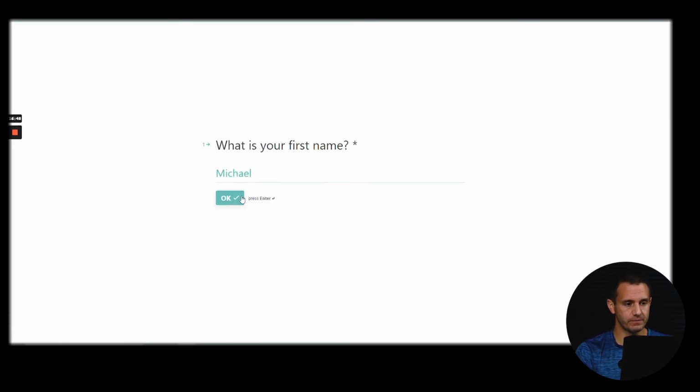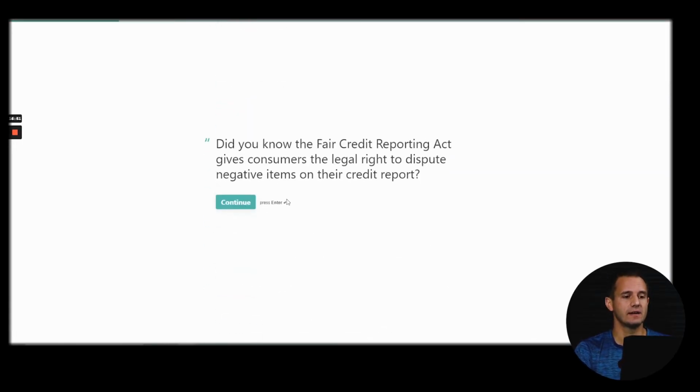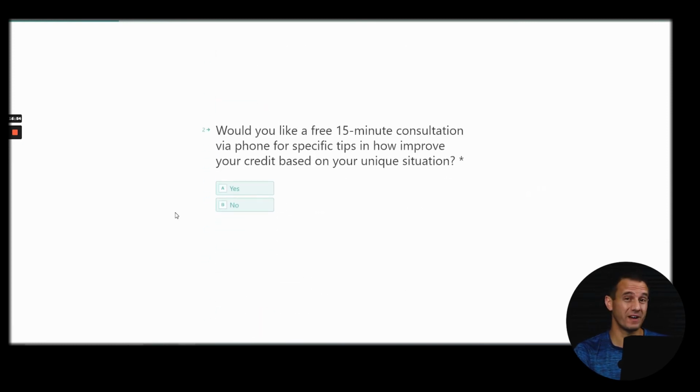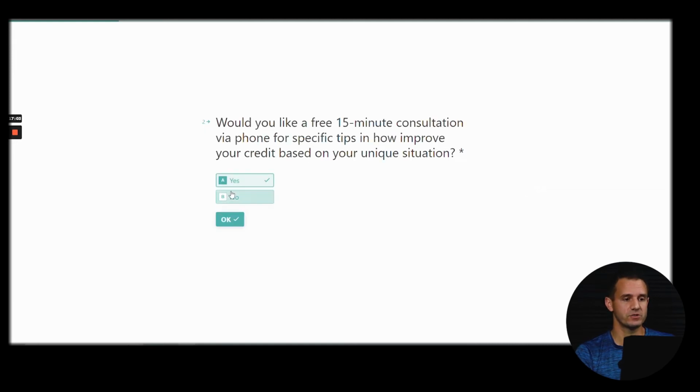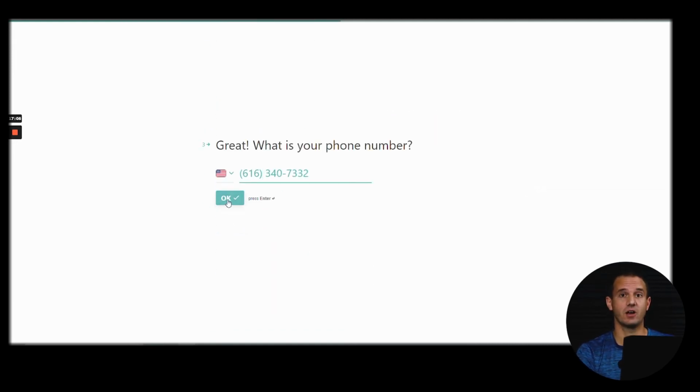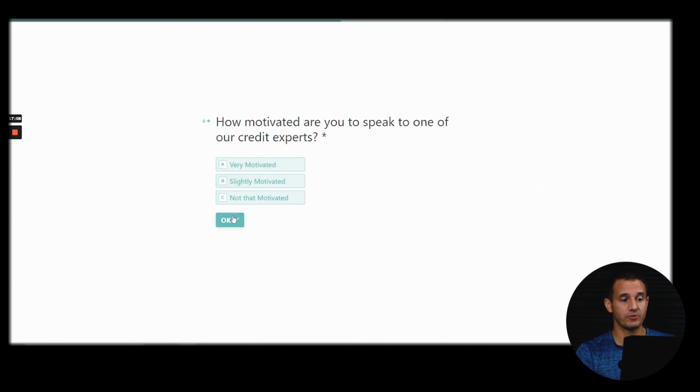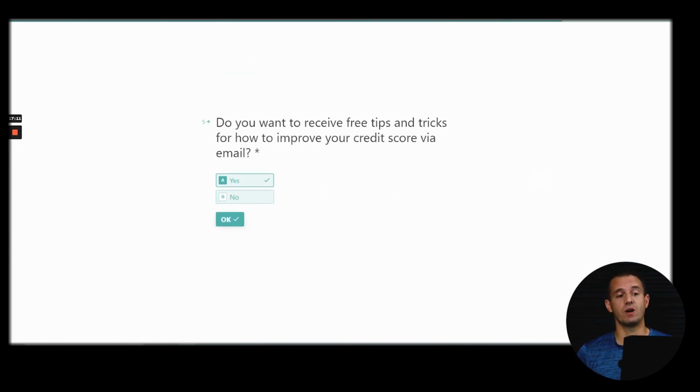Because, when it comes to contest marketing, I would say about 10 to 15% of people are freebie seekers. They just want to win. But 85% are actually open if you ask them the question, like, would you like to learn more? So as you can see here, there's a survey, and I'm asking them questions, kind of priming them for a main question that qualifies them for what I call a sales sequence. It could be a value sequence, just something next, the next step. So in this case, we're actually wanting phone numbers because then you can actually call people and kind of qualify people on the phone. But then after that, you can see we ask, do you want to receive free tips and tricks on how to improve your credit score via email? Okay. So basically people say yes, people say no.